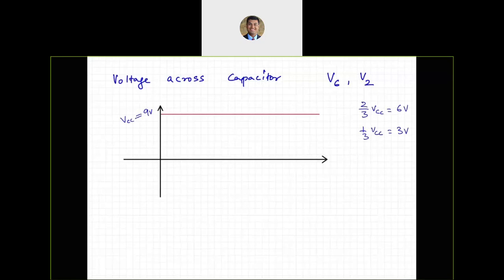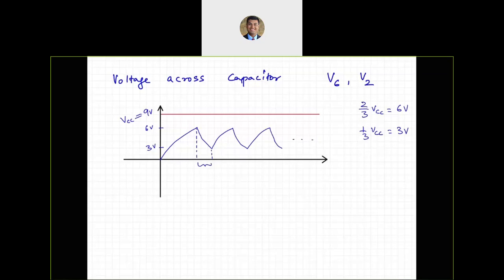3 and 6. So initially, if I assume that there is 0 across the capacitor, it is going to charge up. Let's say this is 3 and this is 6. It is going to charge up to 6 volts, and exactly at that point we are going to have the discharge cycle come in. It will discharge to 3, charge to 6, discharge to 3, charge to 6, and this cycle keeps going on. And we know how much time it takes to go from 2/3 VCC to 1/3 VCC,